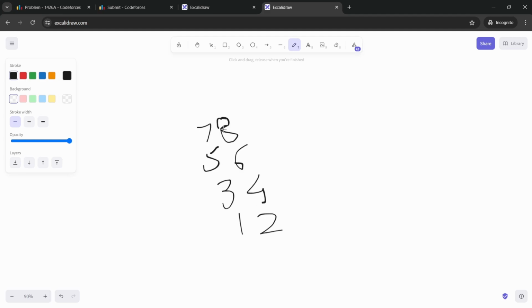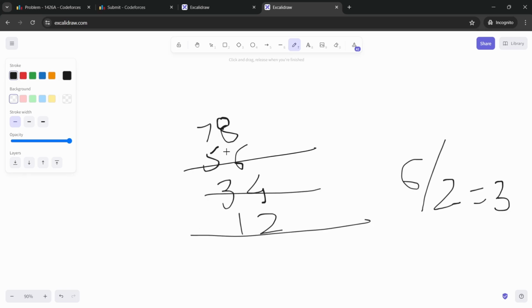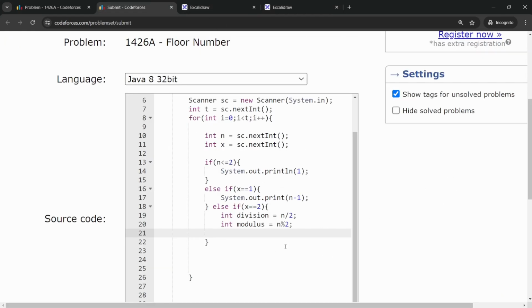This is how the apartment will look if x is 2. So if we have to go to sixth apartment, then we can just divide 6 by 2, and the answer comes out to be 3, and that will be the floor number: 1, 2, 3. Yeah, on third floor the sixth apartment is there. That's pretty much simple, right? So that's what we will be doing. We will simply check if modulus is equal to 0. We simply have to print System.out.println, and we will say n as it is,